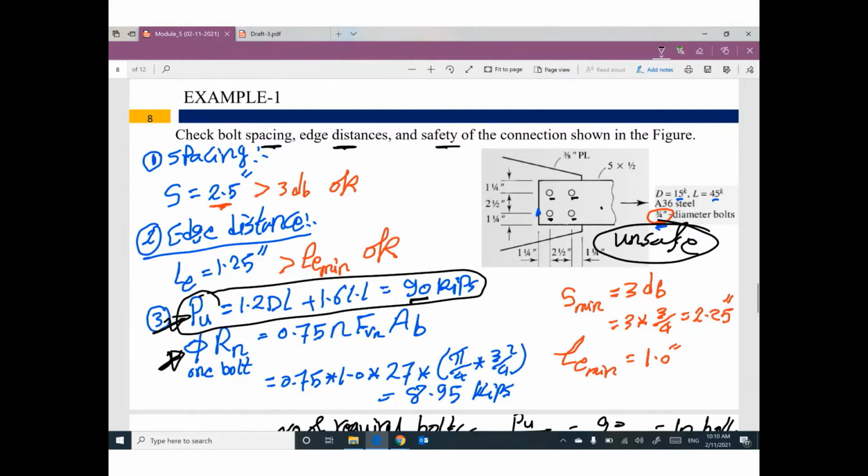This problem, guys, looks like a real problem. It looks like you are an engineer going to Walmart, for example, and trying to figure out what the problem is in the connection in the roof of this building. So you are trying to figure out what the issue is. I need to check the safety. So you need to check everything about the spacing between the bolts, the edge distance, and how many bolts. You need to give me a detailed report as an engineer. You know what I mean?